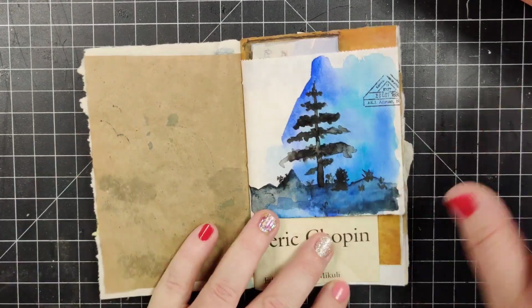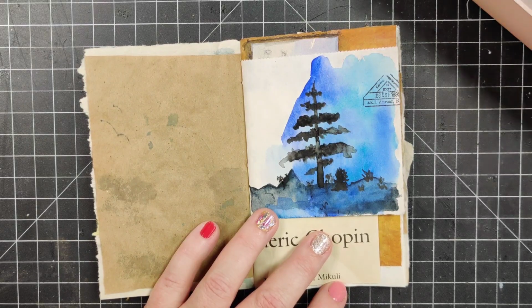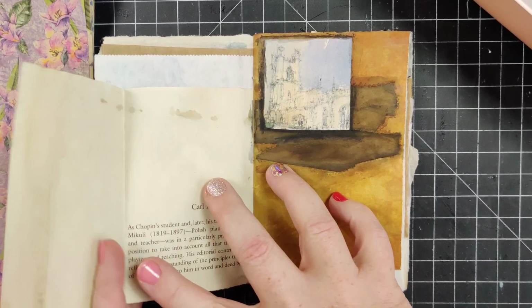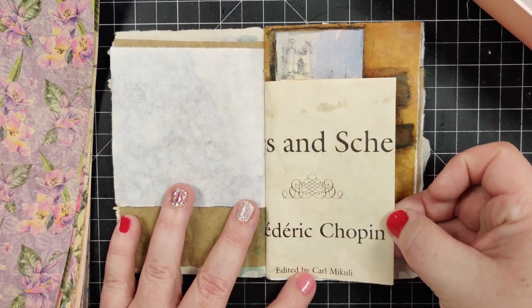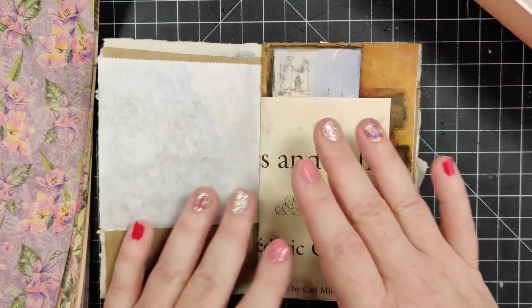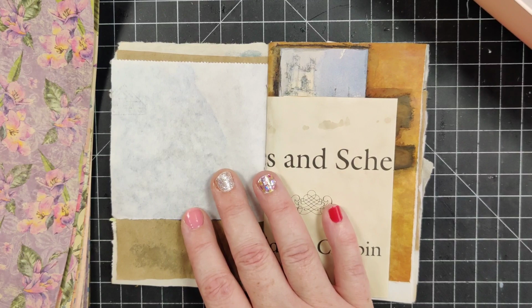Okay, so colors, we've got some purples and bluish purples, so probably don't want to put that next to that page. Might be a fun one. Although, I don't know. Let's see. How about we do this? I'm gonna, hopefully that'll, nope, it's not gonna. Okay, let me find